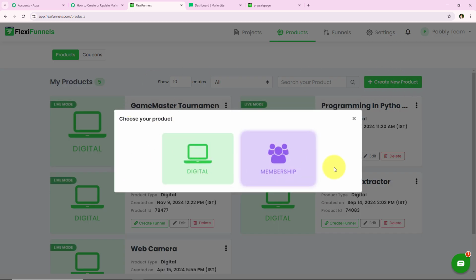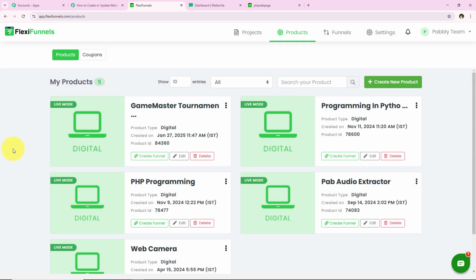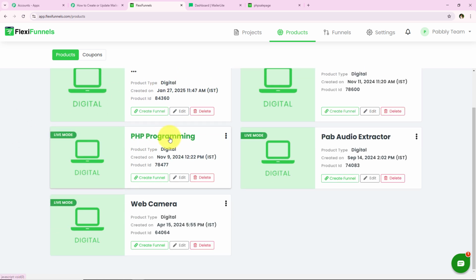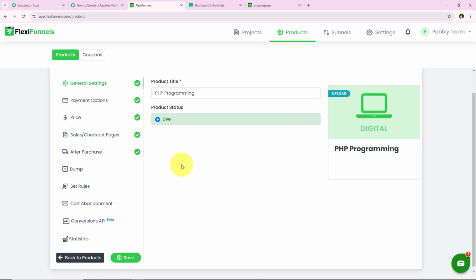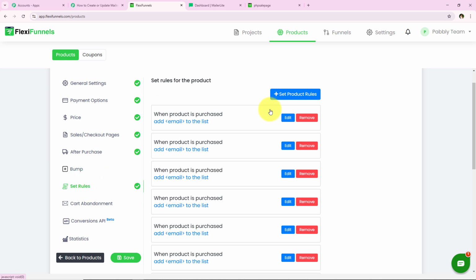select digital or membership and create a new one. But I'm just going to use one from this only, which is this PHP programming. So I'm just going to go towards the edit of the same product I want to create this automation for. All right, so I'm going to go towards the edit of this PHP programming, and now from the left side bar we have to go towards this set rules, and now we have to click on this